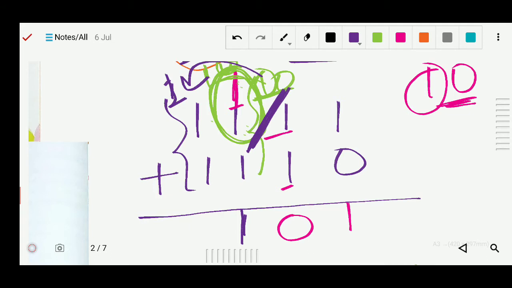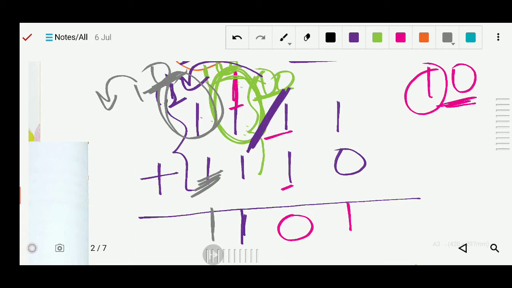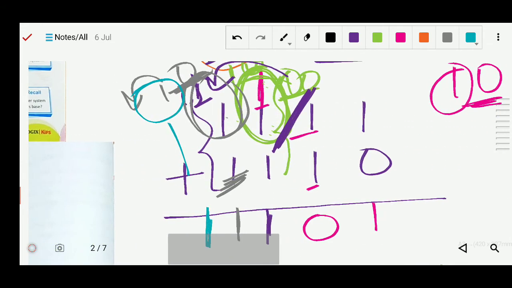Now you can see again there are three. Got it? Here is again three. So what you have to do is take these two together in one circle. 1 plus 1 is 10, so this becomes a carry. Here is 0 and now here is the 1, so 0 and 1 is 1. And lastly, this 1 is here already and there is nothing to add, so you just write it. So this is your answer, 1101. Hope you understand, just practice it. So this is all about your addition.